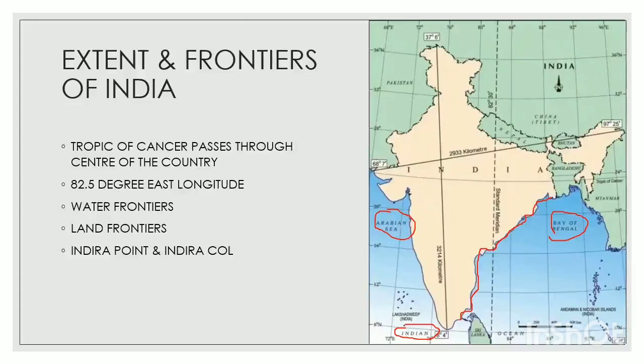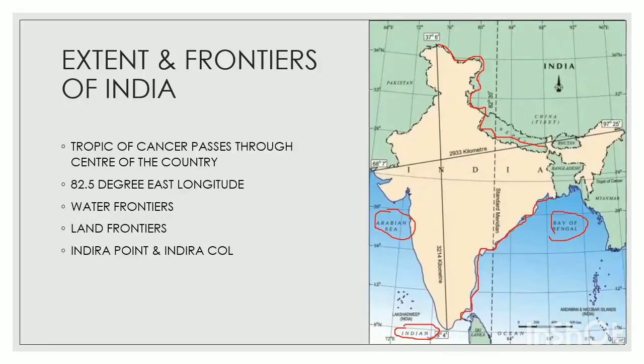Okay, let us come back to your land frontiers. What I have told you, land frontiers, is from the northern mountains extending there. Okay, we call this the land frontiers. The land frontier of the country is around 15,200 kilometers, except in some places. India has natural frontiers almost on all sides, be it north, south, or whatever it is. And the Himalayan range, that line drawn in the brown color, forms a natural frontier in the north between India and China. So these are land frontiers and the water frontiers.